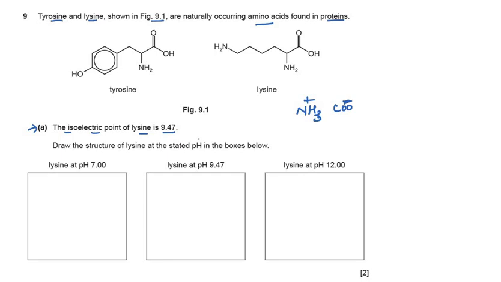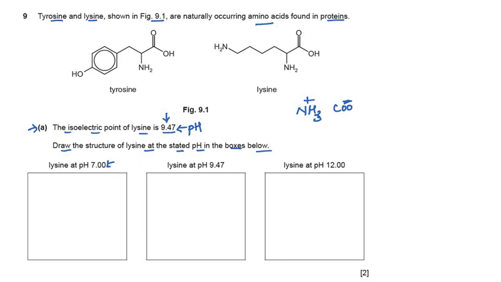Okay, so the isoelectric point for lysine is 9.47. That is, at pH 9.47, the amino acid lysine is at its isoelectric point. Draw the structure of lysine at the stated pH in the boxes below. Now pH 7 is a neutral pH, but for lysine, if the isoelectric point is 9.47,